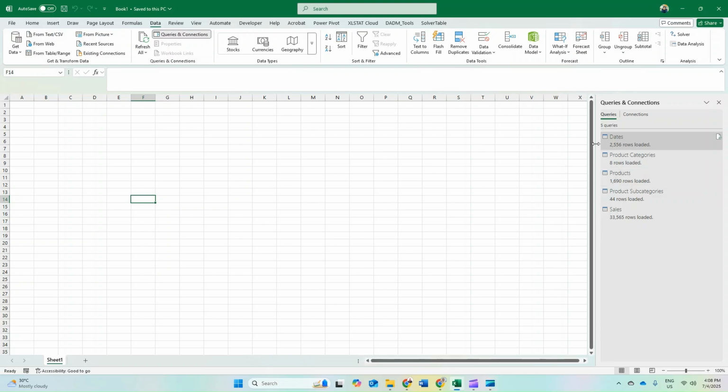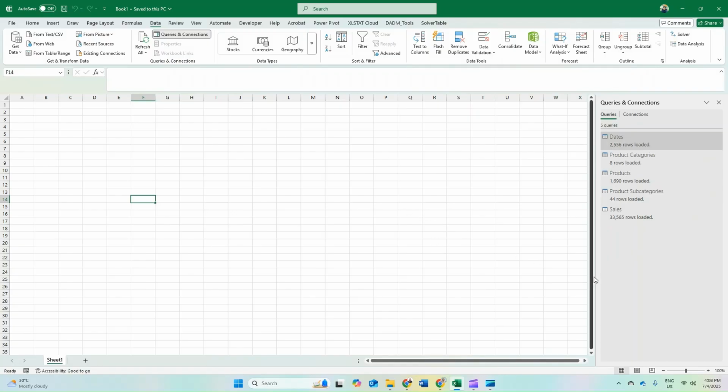Okay, so next, this is the first. We add a file from one source from the database. Now we want to add data from another source in this same file as well. All right, so you can add either from here or from the Power Query.